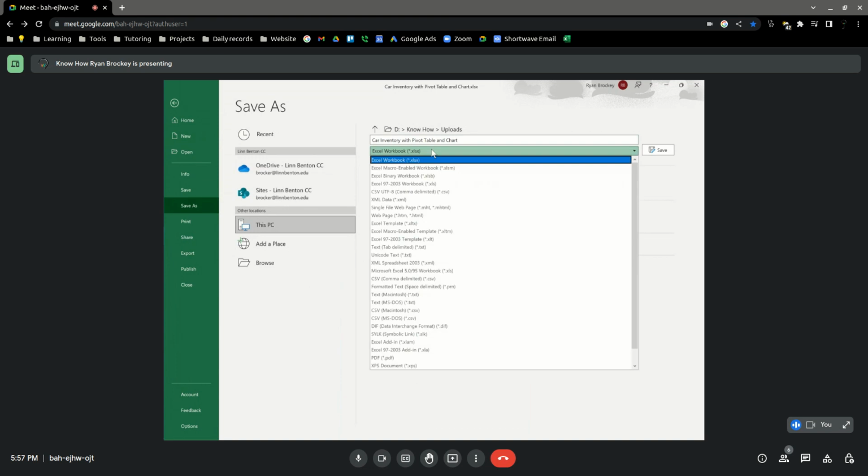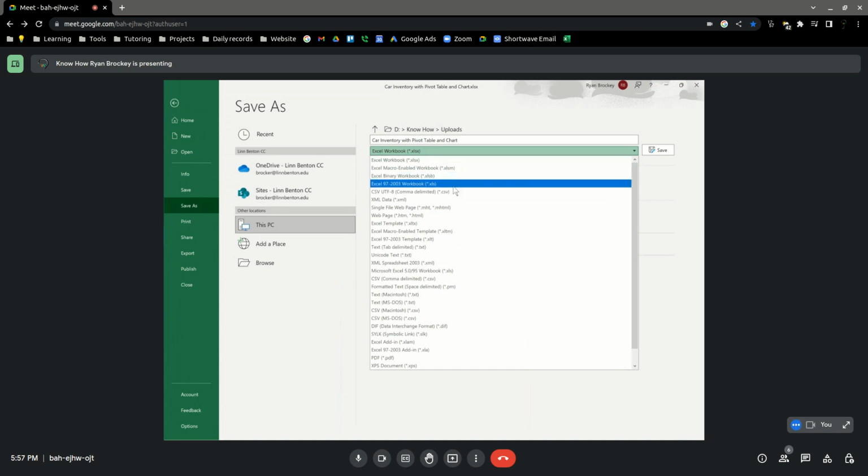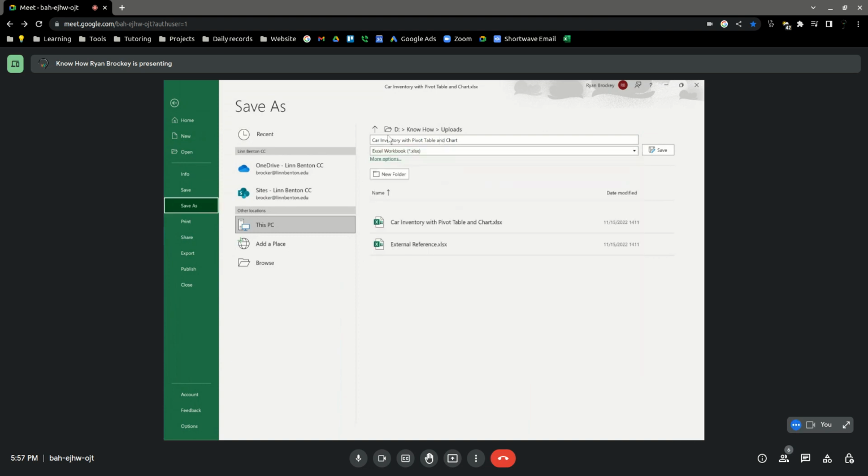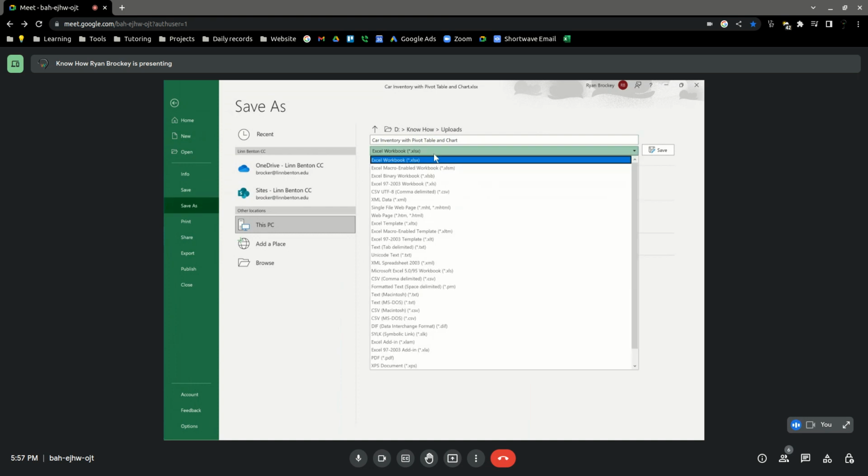Actually, we're gonna talk about macros probably next week. There is this macro enabled workbook one that's sort of the exception to what I was just talking about. Actually, you wouldn't lose data with some of these; they're just very specialized. But one thing we did see is if we try to save it as a CSV